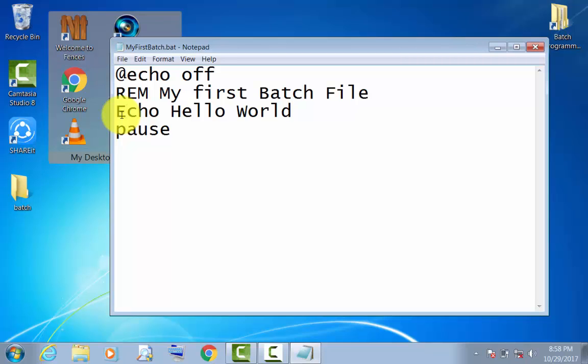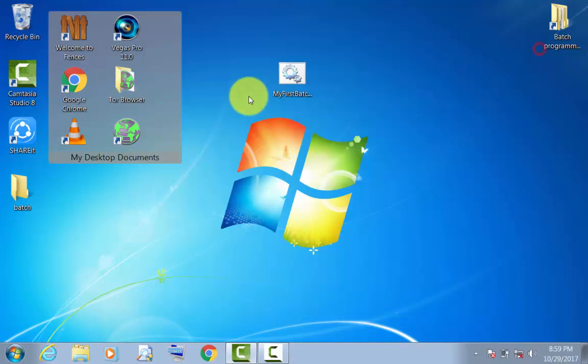Now this pause function will pause the execution of this batch file for a while until you press any key. If you don't put this pause and save, what we will see is that this command is running, but the command prompt is disappearing.